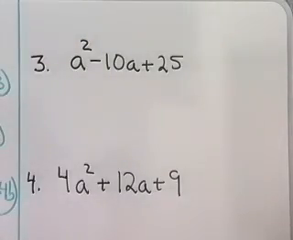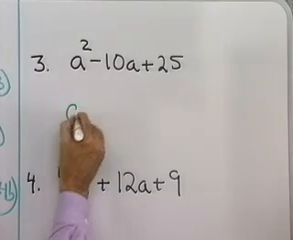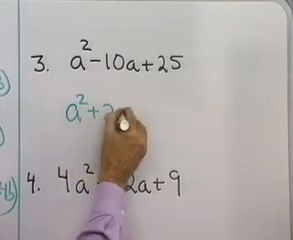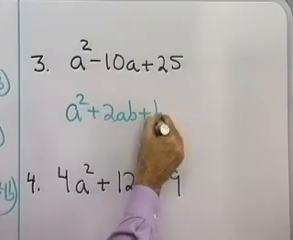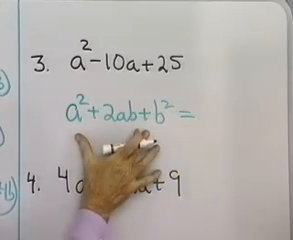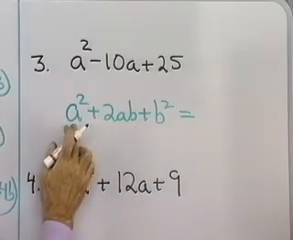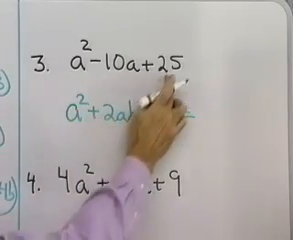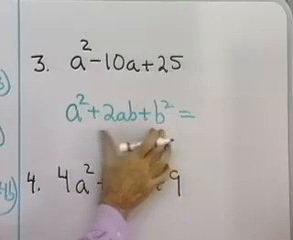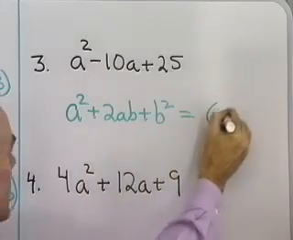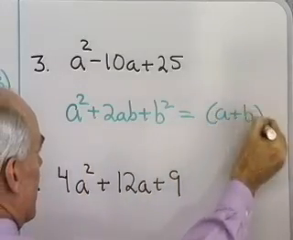Let's look at some trinomials now that may or may not be perfect squares or squares of binomials. Our first one, we have a squared minus 10a plus 25. And I'm going to say this may look like a squared plus 2ab plus b squared. If it does in fact have this form, and there's a clue that it does because the first term is a perfect square and the last term is a perfect square,